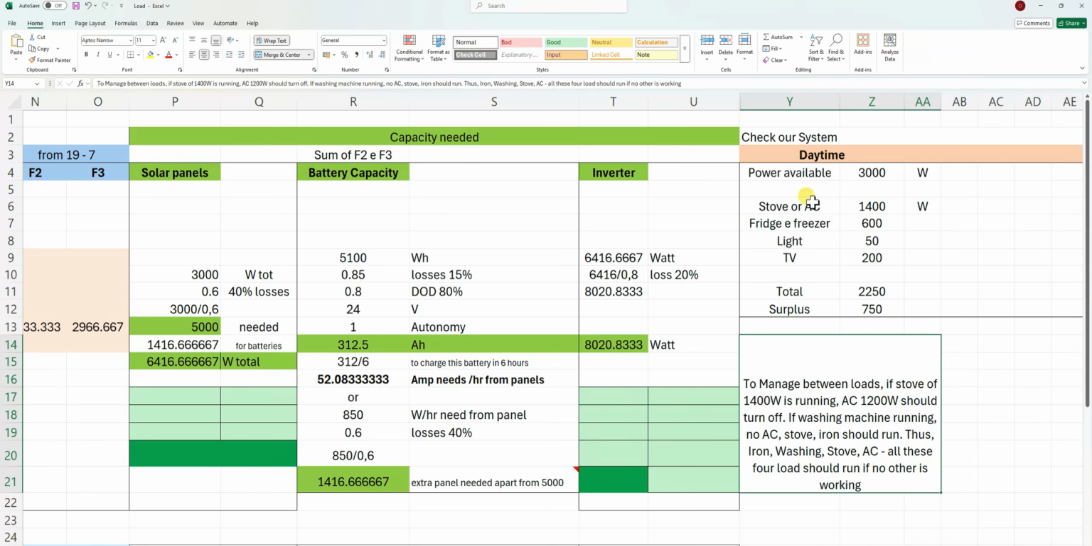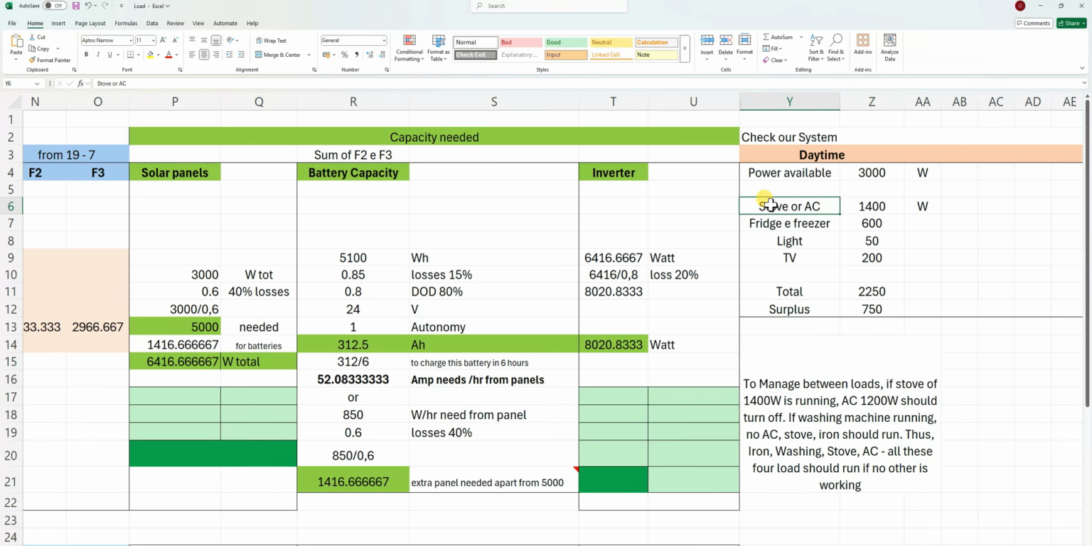So either the stove will run or the AC will run, at 1400. Fridge and freezer will run every time, it's 600 watt. Lights roughly 50 watts, because I don't have high wattage lights. TV is 200 watts, and even this 200 watt is not turned on all the time, but like 6 to 7 hours per day. So total is 2200 watts, and I have a surplus of 750 watts that will be used to charge these